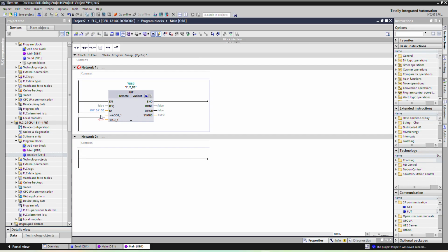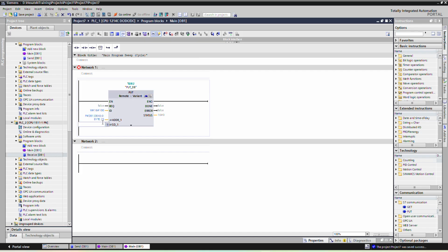So the format will be, sorry, P#DB1.DBX 0.0, and how many bytes do we require? 25 bytes. And in SD1 we require